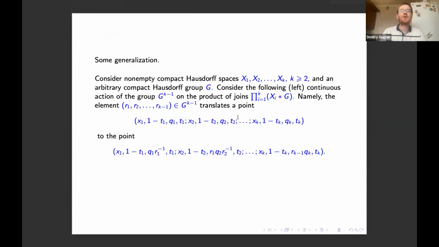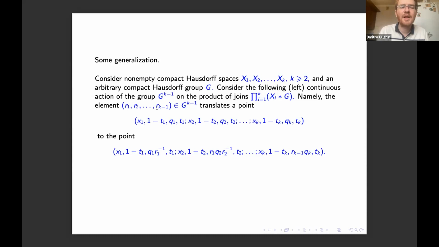And some generalization of these two formulas. Consider non-empty compact Hausdorff spaces x1, x2, xk, and an arbitrary compact Hausdorff group G. You may just take any compact Lie group G and compact polyhedrons, simplicial complexes x1, x2, xk, and consider the following left continuous action of the group G to the power k-1 on the product of joins,